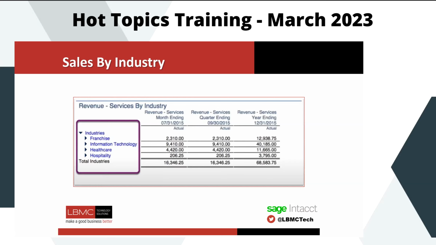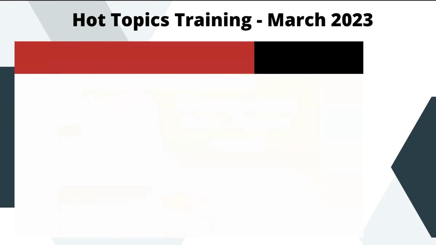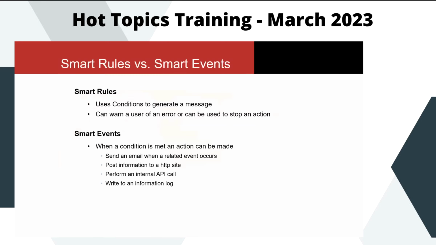So you can use this information to gauge any type of decisions that need to be made going forward within your business. One of the great things, other than custom fields, that Sage Intacct will allow you to do is to use what are called smart rules and smart events. And you might ask, what are smart rules and smart events? Well, smart rules and smart events are two aspects that will allow you to gauge a lot of different avenues to better give your company a more efficient way to create